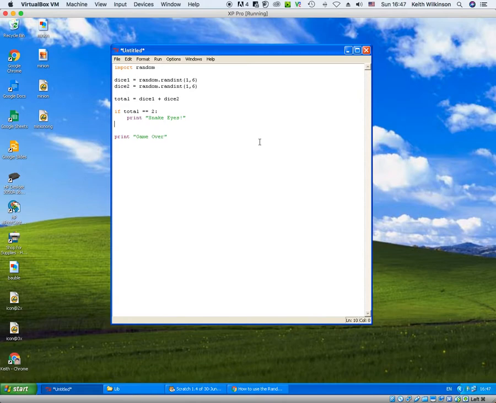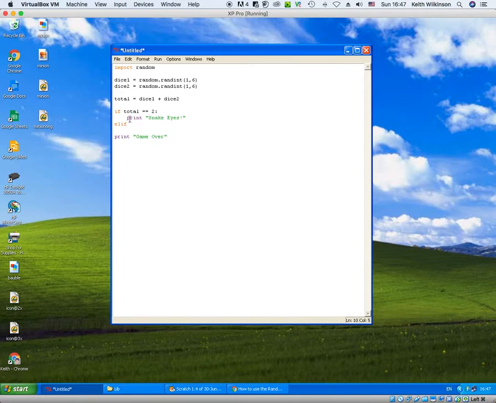So the next one was if I got a total of 7. Now I could write an if statement here and say if total is equal to 7, but that would make my else statement quite difficult. I'm not going to go into that now, but at some point we will discover why we need to do elifs rather than just an if statement. So elif, and the thing is with